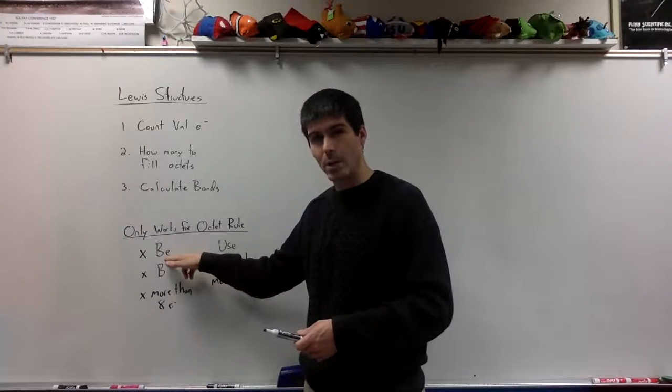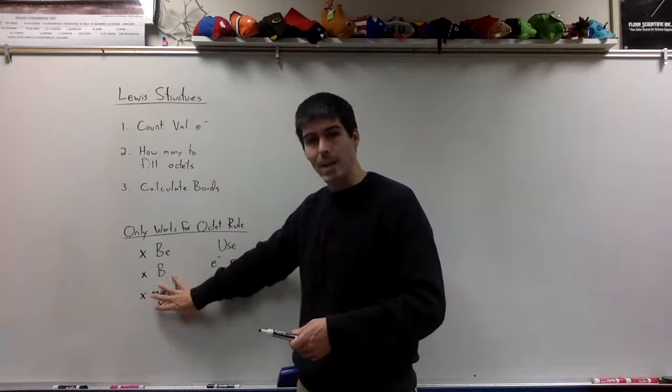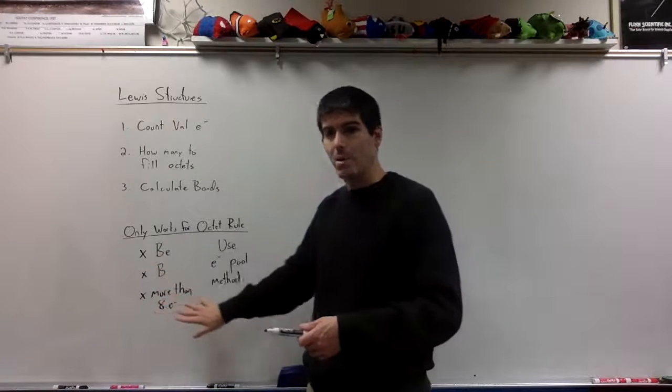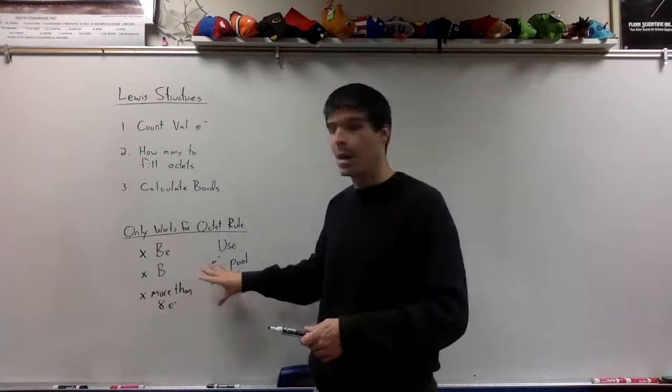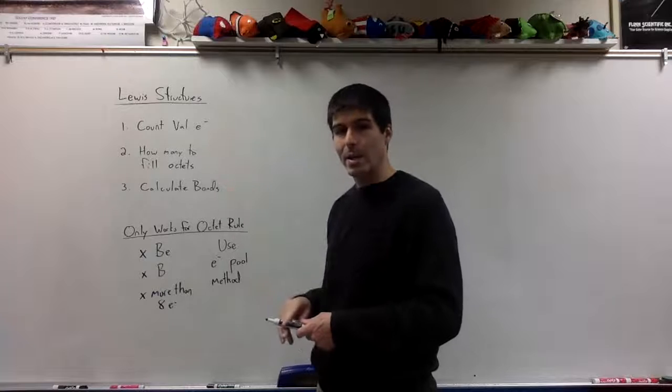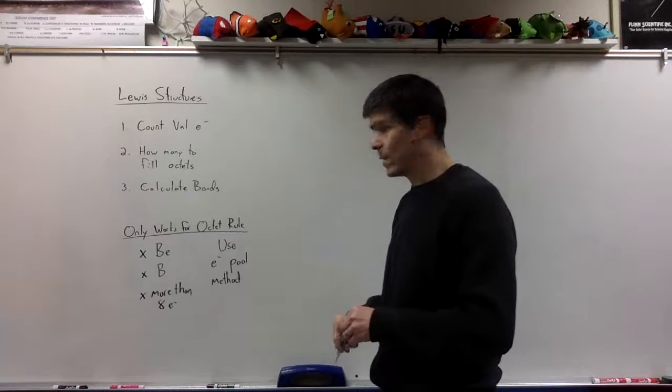Beryllium only needs 4 electrons. Boron only needs 6. If we break the octet rule, we're just going to make single bonds and use the electron pool method, making sure we have all the electrons accounted for. But if we are obeying the octet rule without pushing electrons around, we can figure out how many bonds are